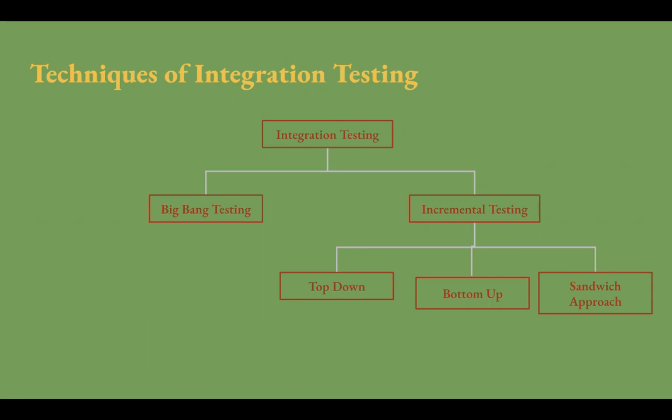incremental testing. As the name describes, the modules are integrated in an incremental way, means initially integrate two modules and test them completely. After that, combine third module with those modules and test them. Similarly, add next modules and so on. The process continues until all modules are integrated and fully tested. To perform integration testing in incremental way, we have three approaches.